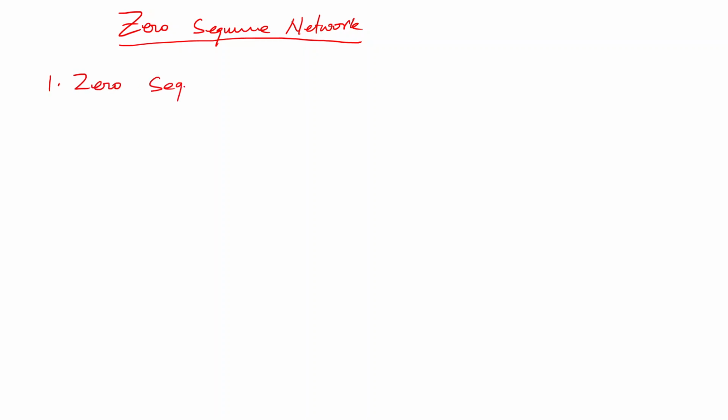So the first point is: the zero sequence network exists only if there is a return path, that is, a neutral to ground or earth path is there. Then it exists, otherwise it does not exist. Okay, it is not actually ground, it is earth. Please consider it as earth.